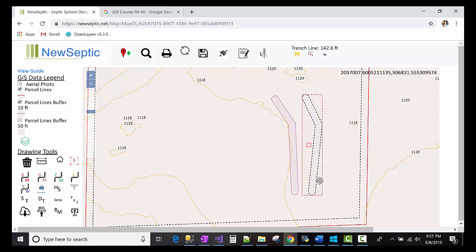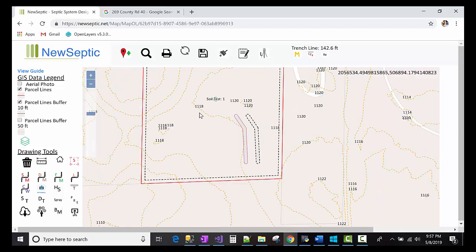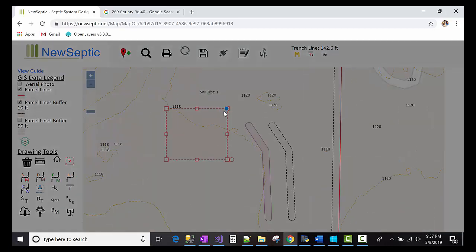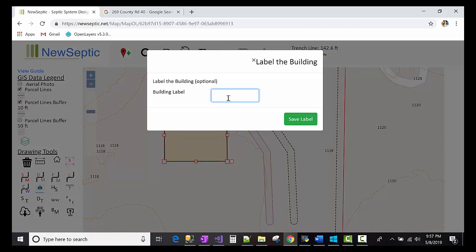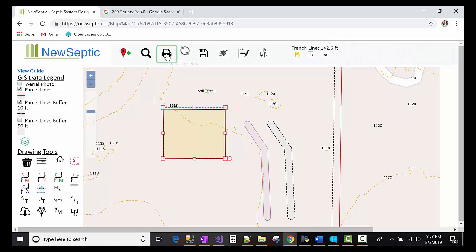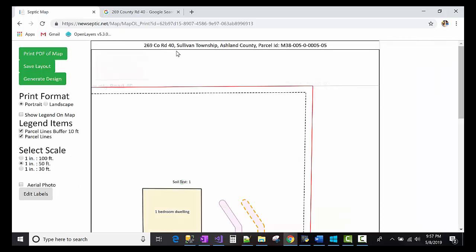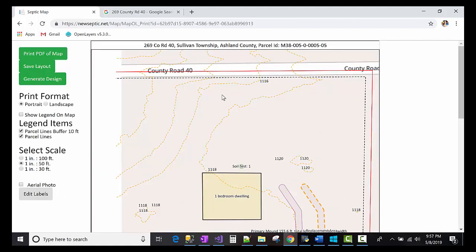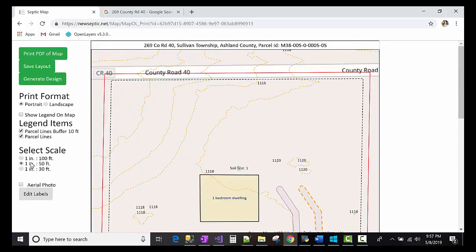So this is just kind of an easy way to get you started. There's a house tool here. You can draw a house. And you would put a label on it. 1 bedroom dwelling. So you can edit these vertices of the house. So yeah, this is just a quick way. You can add tanks too, but if you click this print button here,